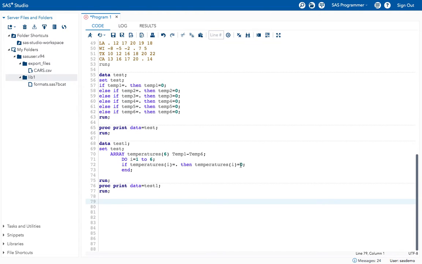How can I do that? Here I have given i equal to 0; instead of that give the mean formula, mean of temperature1 to 6.